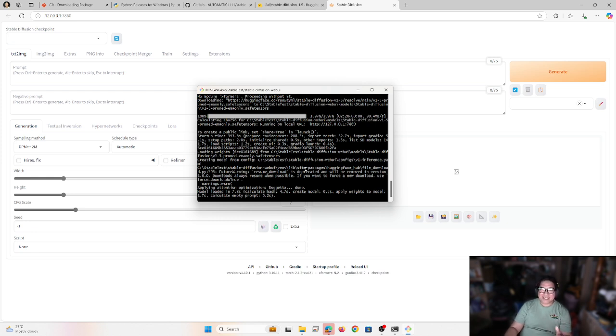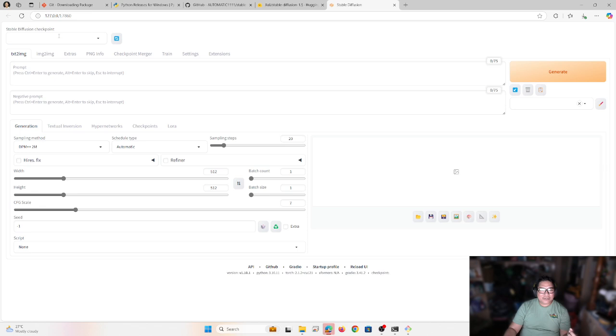Okay, so we already have the web UI launched. It shows the Stable Diffusion here, you have a checkpoint, your image generation prompts, negative prompts.